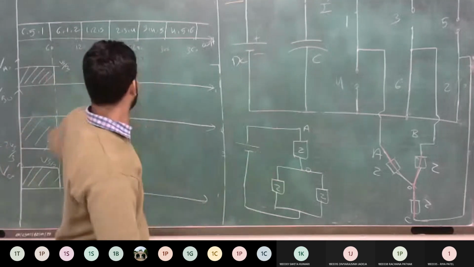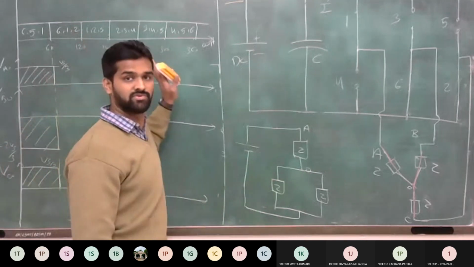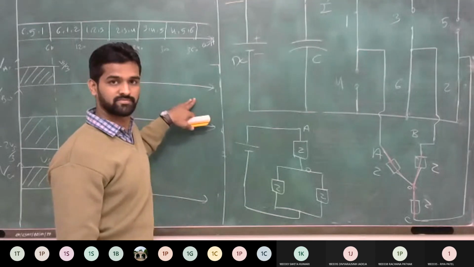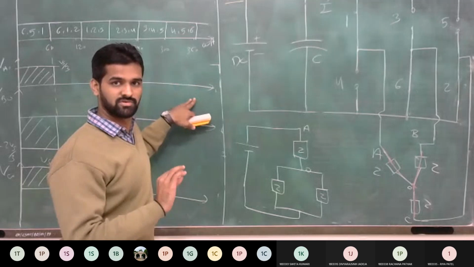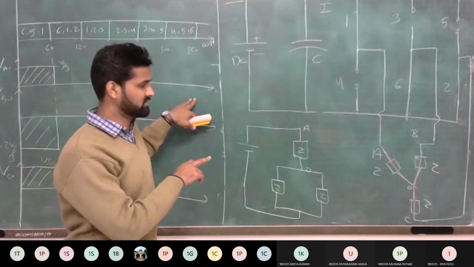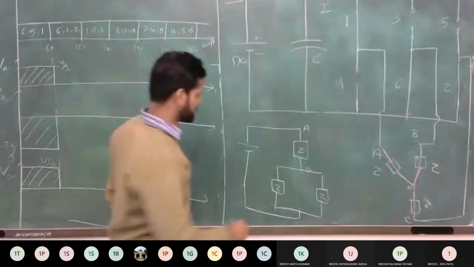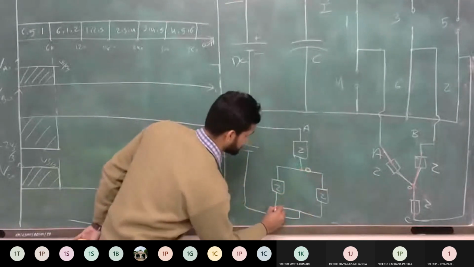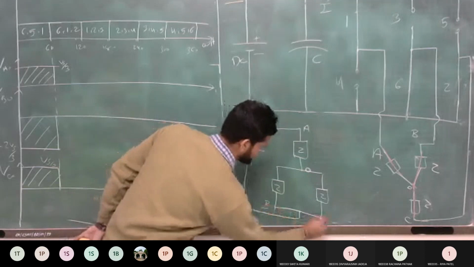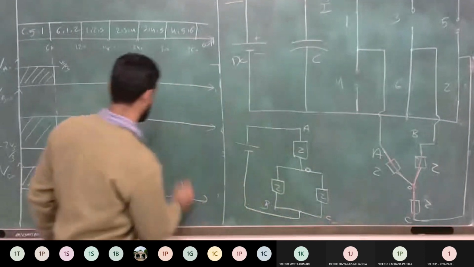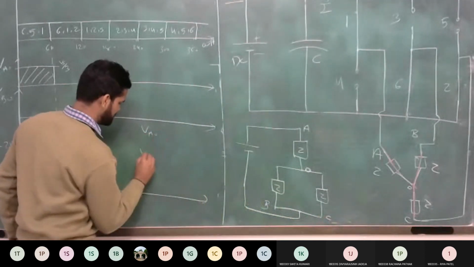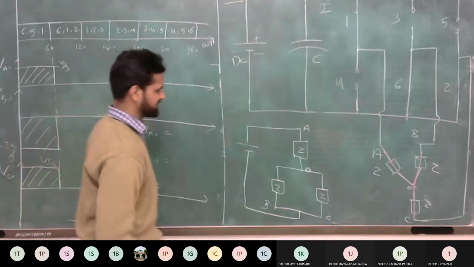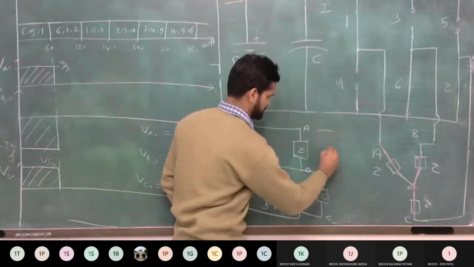Equivalent circuit for second interval. Is there any doubt to anyone? Yes or no? Clear this circuit? Yes, sir. Okay. Now this is the terminal, what? Neutral point. This is the terminal B and C. Now tell me what is the value of VA0, VB0 and VC0? What is VA0? This voltage.